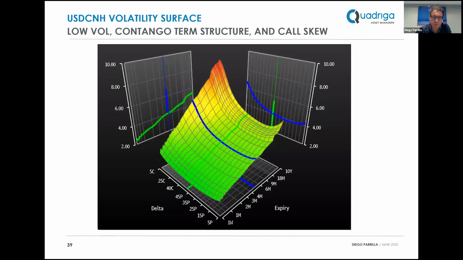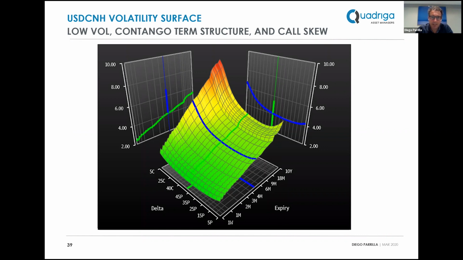When we look at other markets such as the Chinese yuan, this is very different. What is most shocking here is the extraordinarily low level of implied volatility. Remember, we're looking at levels in the teens for gold, in the low 20s for the S&P, in the hundreds. We're looking at the Chinese yuan in the short dates around sub 3%, which is telling you this doesn't move at all. This is the standard deviation of the distribution, and it is consistent with what's been happening recently, with the rear mirror. It may not be consistent with the actual risk ahead, and that's something that the market is